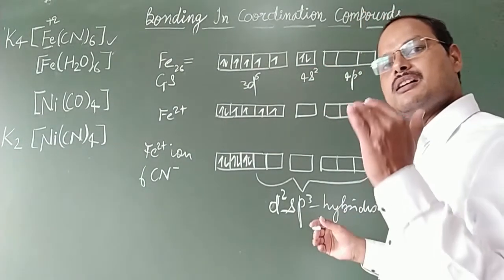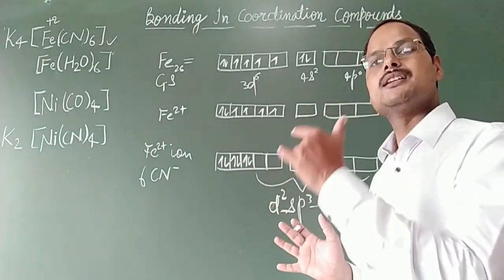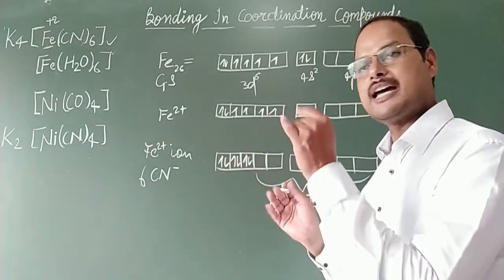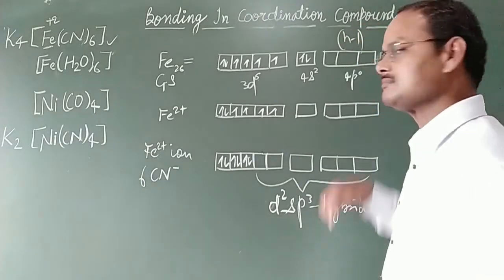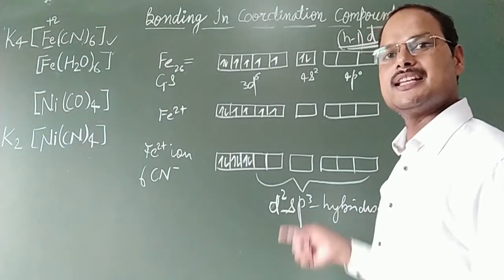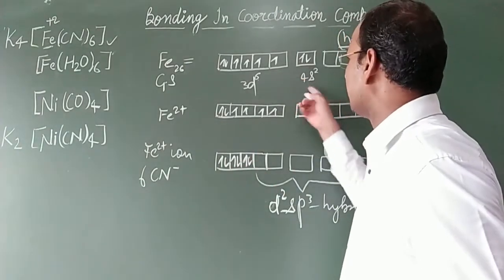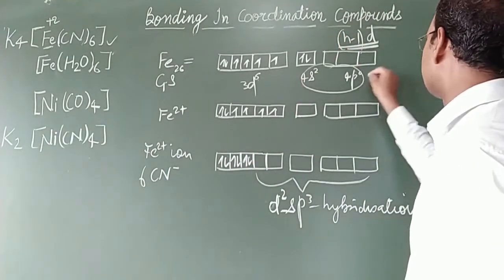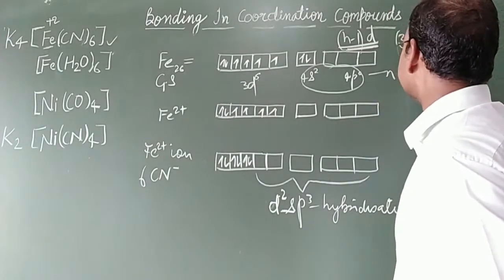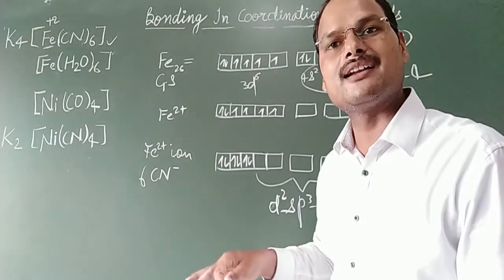And then the d orbitals of inner means d orbital in the hybridization which is inner orbital, means n minus 1. When such type of orbital is taking part in the hybridization in the octahedral, then that type of complex will be known as inner. Inner means inside: the n value here is equal to 4, but the 3d series is 3. It means it is inside, and that's why it is known as inner octahedral complex.